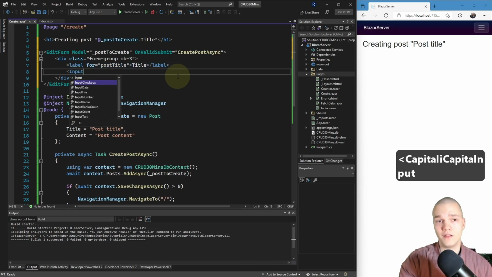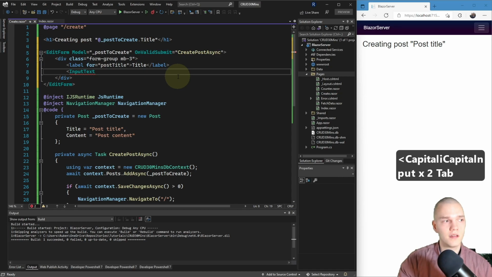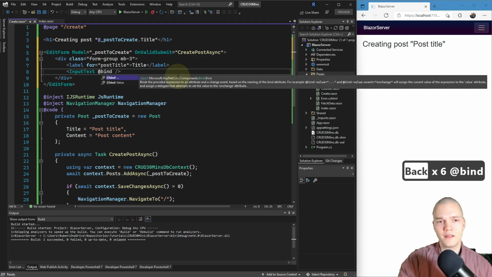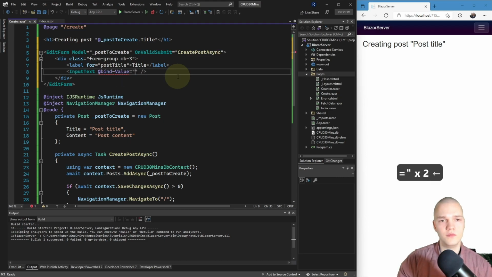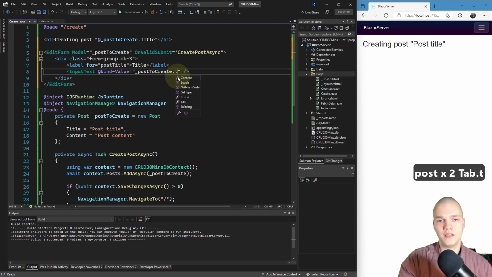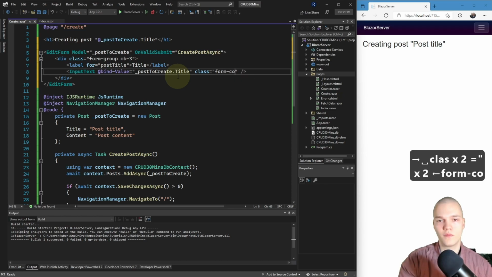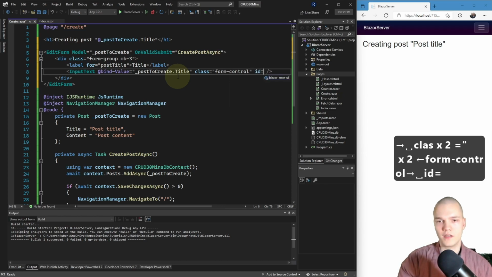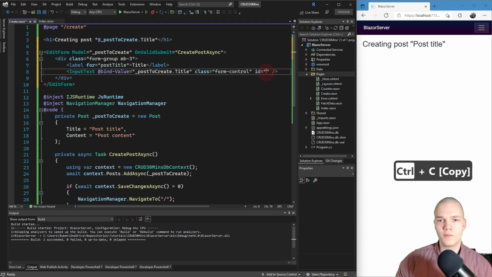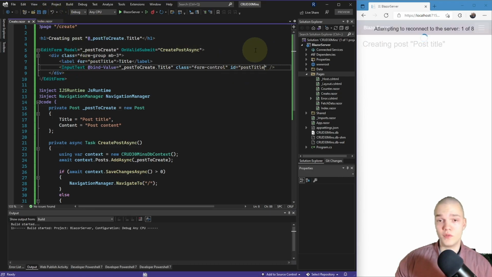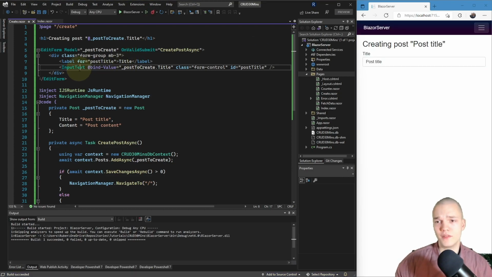And then I want to add an input text component, make it self-closing, and I'm gonna set the @bind-value to the post to create dot title, and I'm gonna give that a class of form-control, and I'm gonna give that an ID of post title. The label is for this input element with an ID of post title. Right, this input text just is an input element, right?